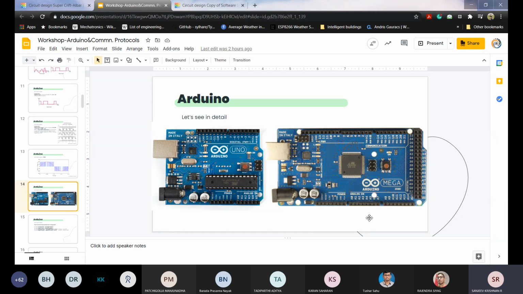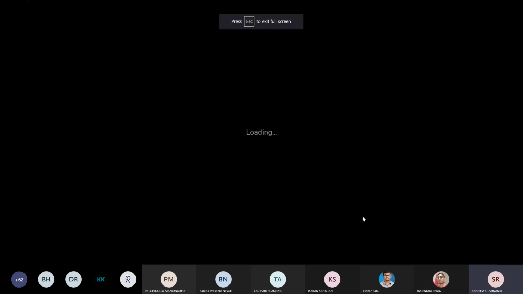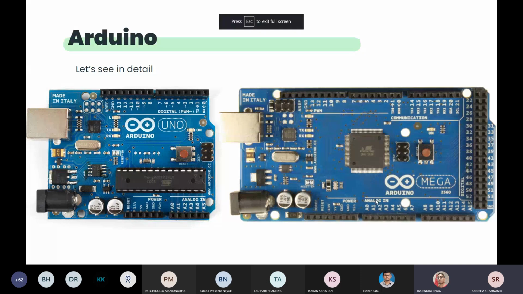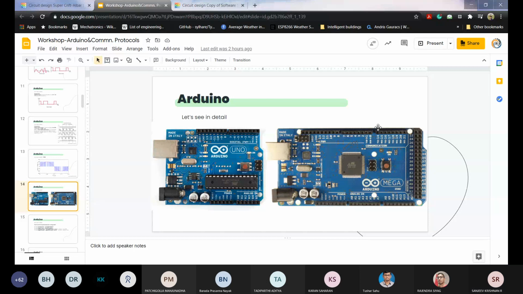Only these pins are attached to the ADC, so only these pins can take analog inputs, from A0 to A15. Other pins are not connected to the ADC, so these pins cannot take analog input values.